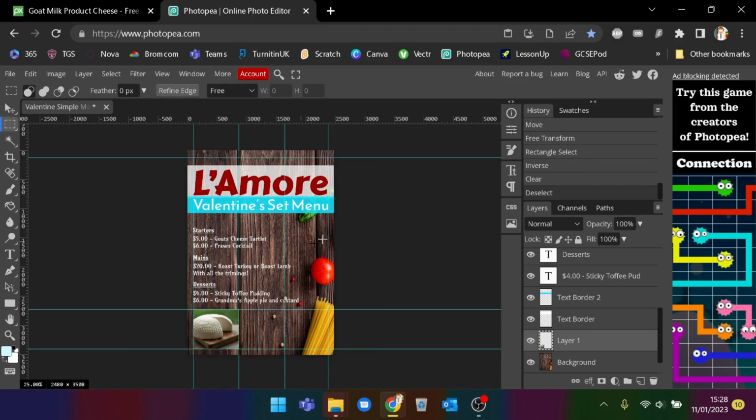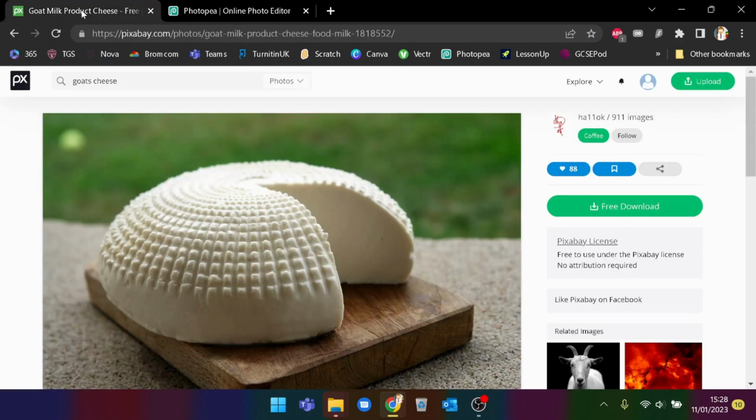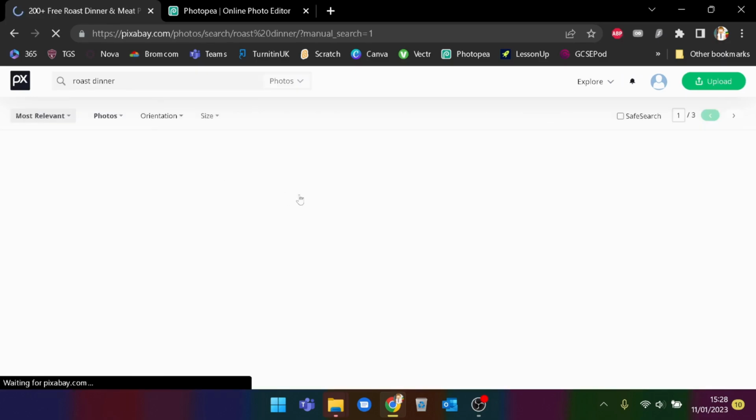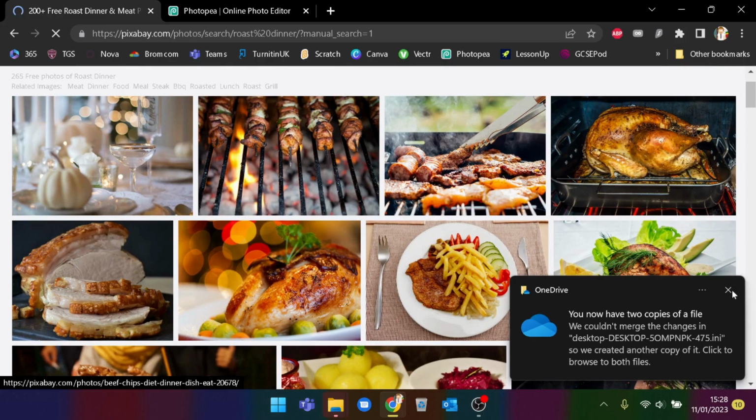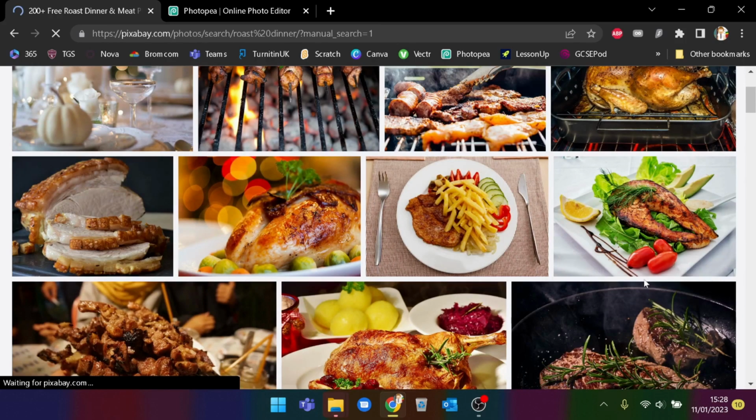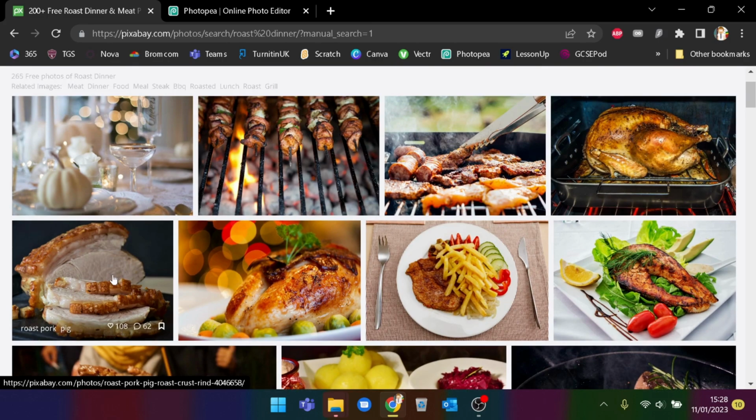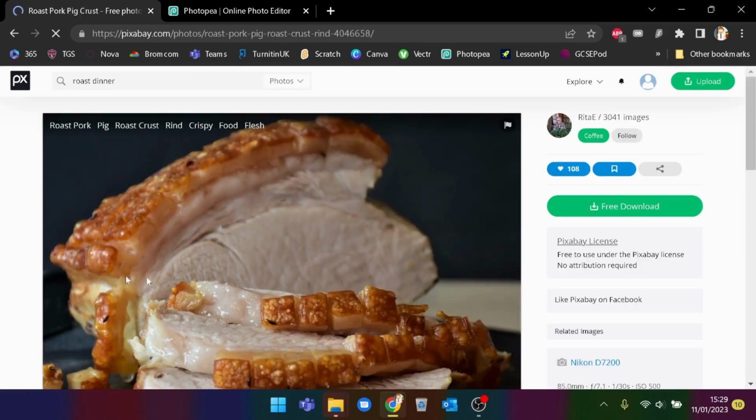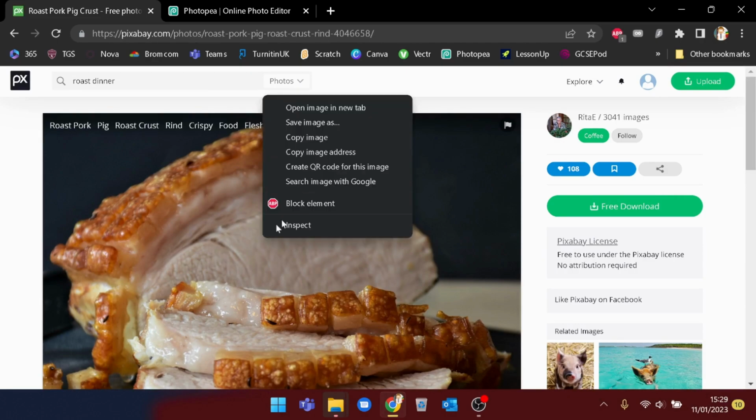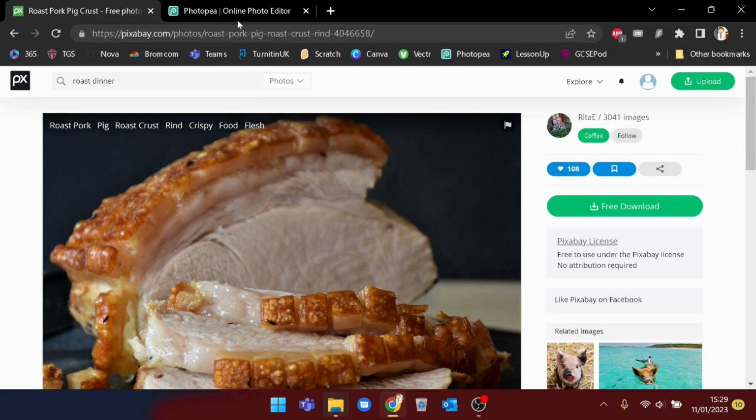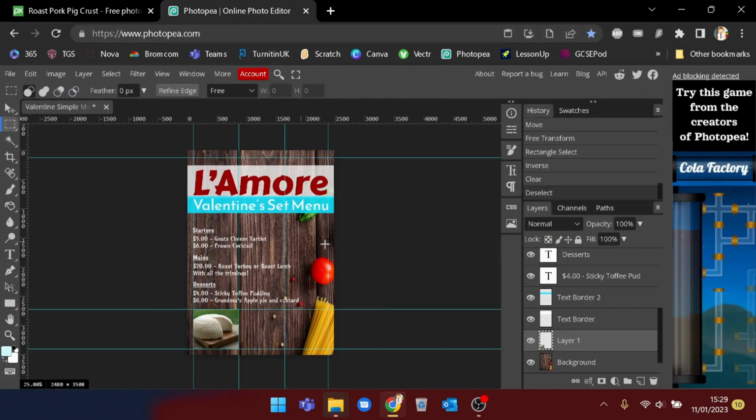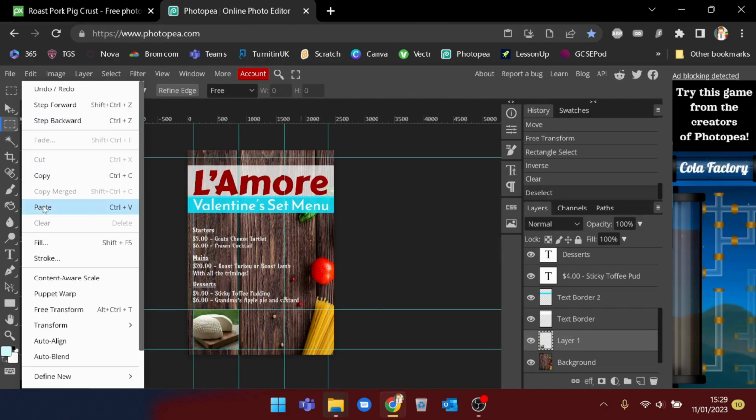Okay, I'm then going to look for our mains, so roast dinner. So I'm going to go back to our goat milk picture. I'm going to search this time for roast dinner. Okay, and I'm going to find a nice picture of a roast dinner. That looks like a nice one. A bit of crackling on there. Okay, so again, right click on the picture, copy image, back into Photopea. We're going to go edit, paste,